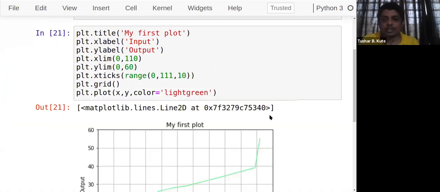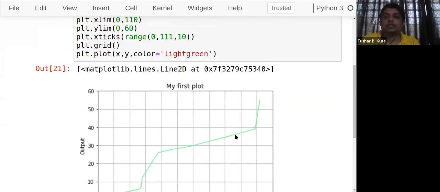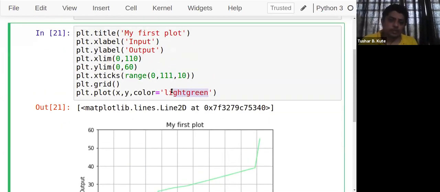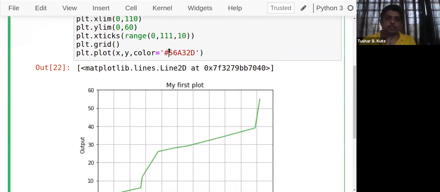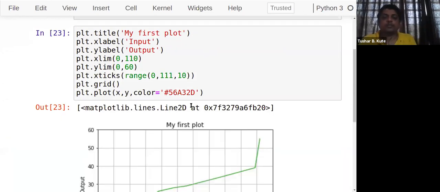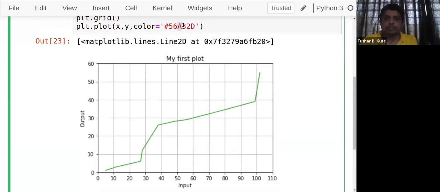Or light green. See, light green. Or if you want to use the hash code, that is also possible. Just write the hash code here, hash RGB. This is R, this is G, and this is B. If you know HTML color codes, that can be applied here. The highest color is green, A3 is the highest there.